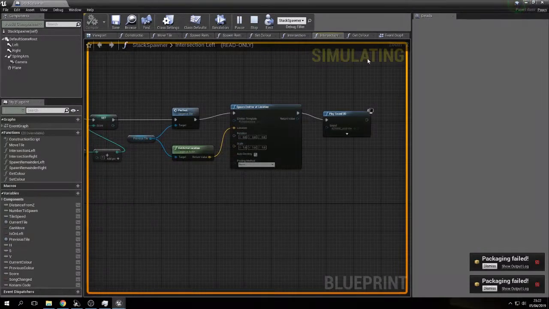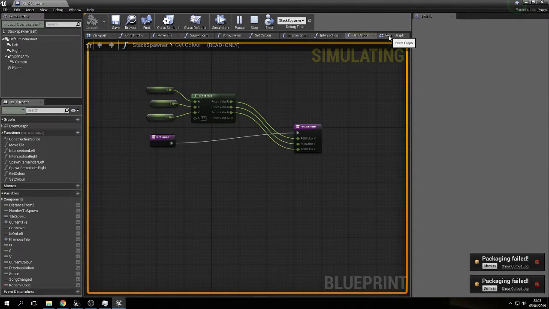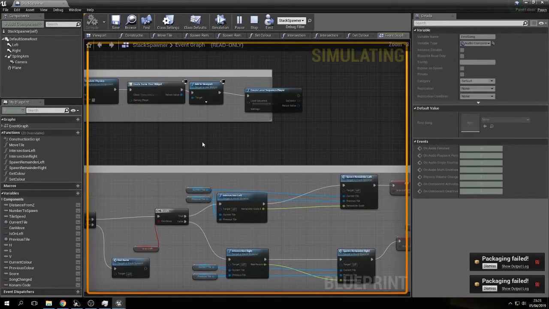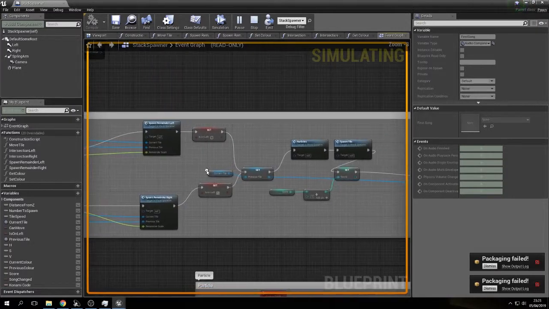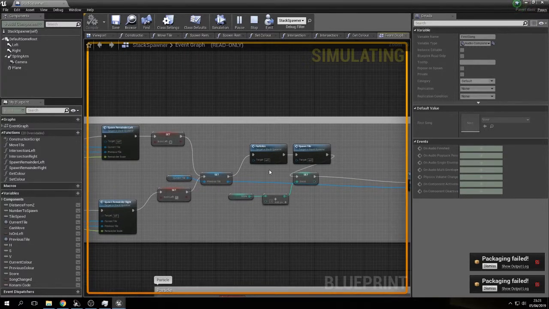Then it just goes back and forth to spawn it in the other direction for the next tile. Sets what was the current tile to be the previous tile, sets particles underneath it to build the smoke effect under it like it's been placed down, well, that was the intent, then spawns a new tile and just keeps going, adds one to the score, and this little growth thing is being called in